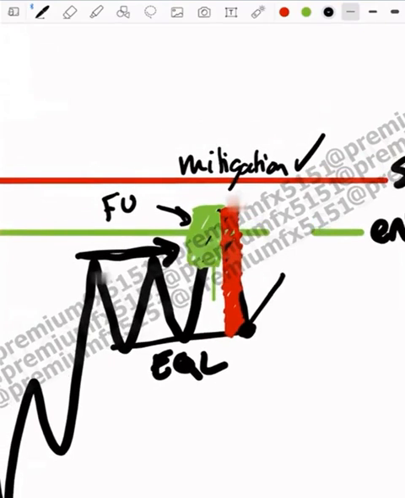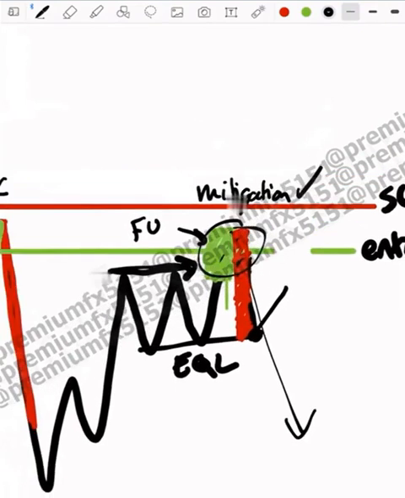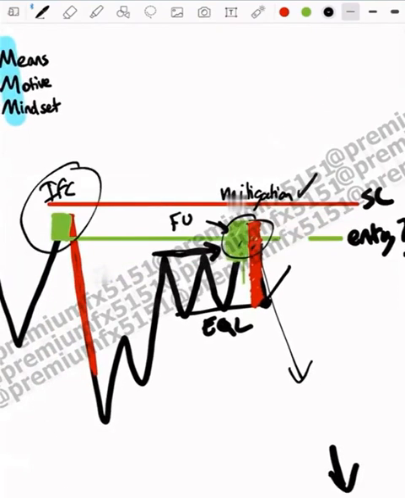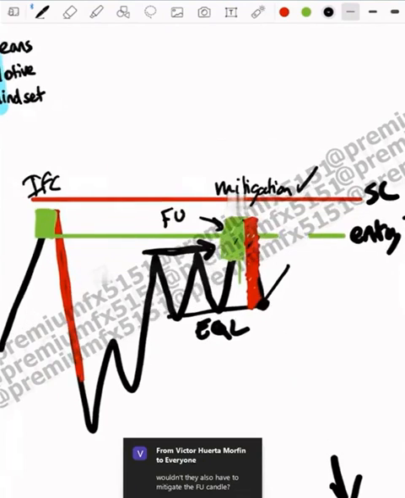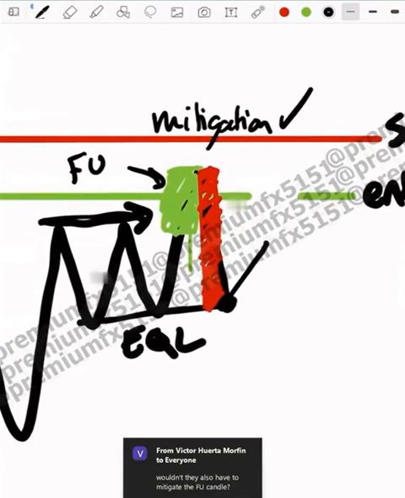You might just see equal highs, FU candle, and then continuation. It doesn't necessarily have to fulfill this. It is just more favorable for us to trade it if it does, but it's not a certain requirement. Now, once we have that FU candle formed, we know that this candle right here is way more